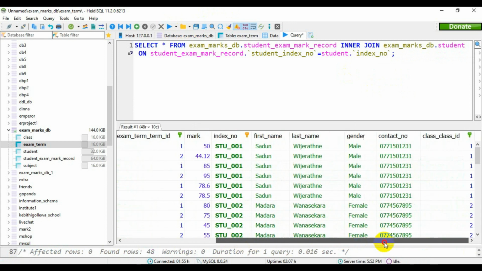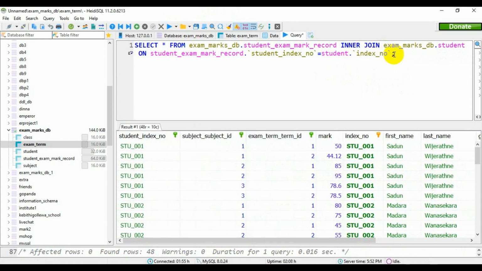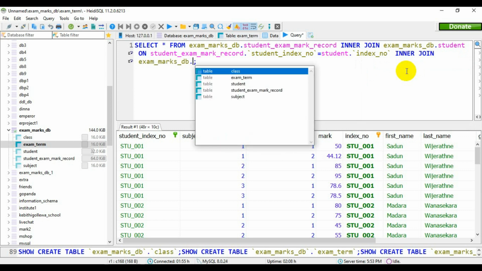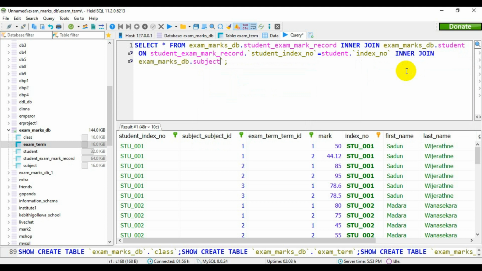So now I have connected the student table. So next I'm going to inner join the subject table. Inner join the subject table on the condition